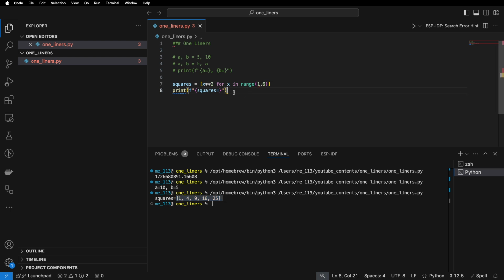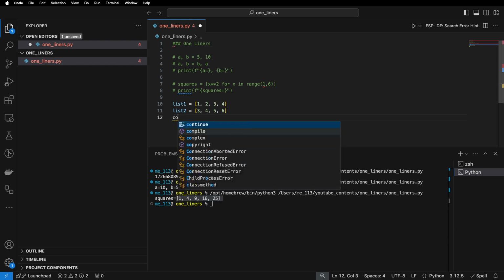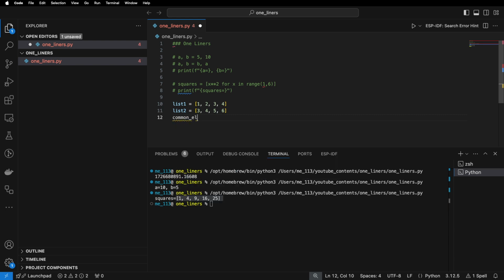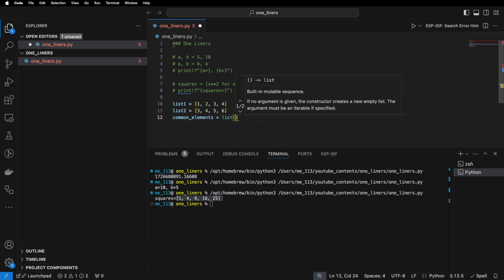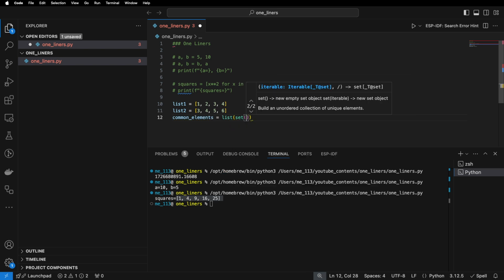The next one-liner is also very useful. It is very helpful to find the common elements in two lists. We are using a set data structure. Let me copy this list. I have it somewhere. So we have list 1, we have list 2, and in order to get the common elements, we are using some sort of set. So when we use set,